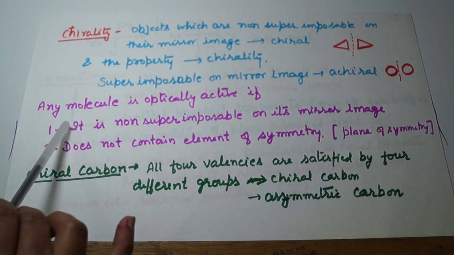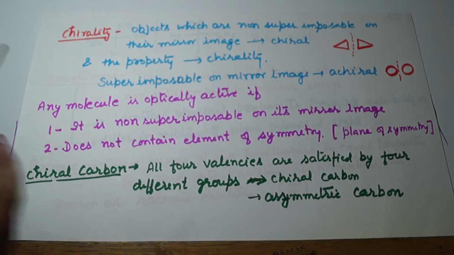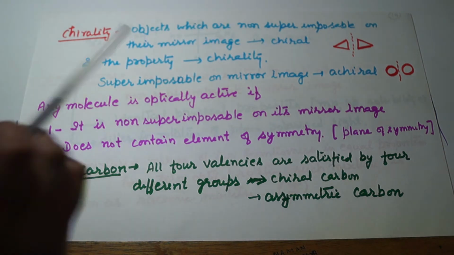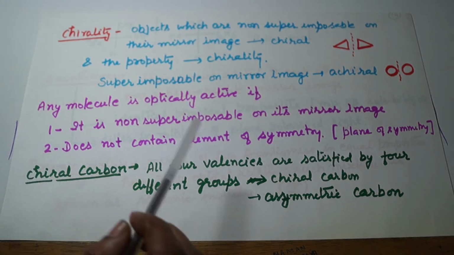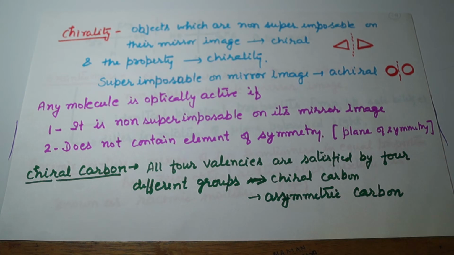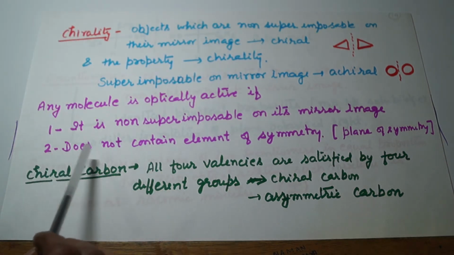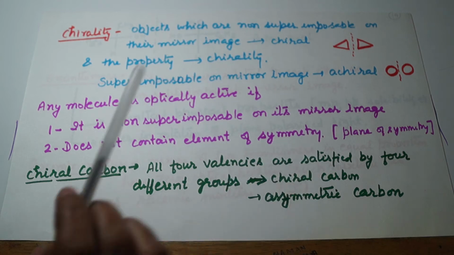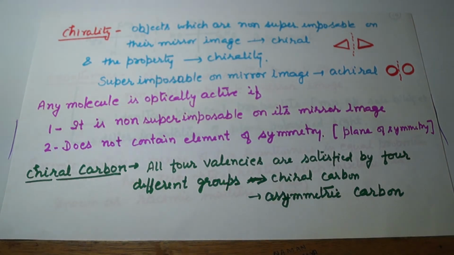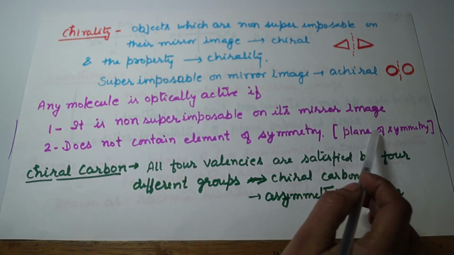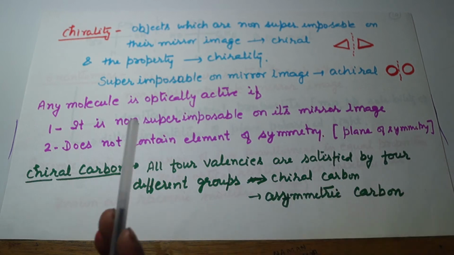It is very important that any molecule, if it is optically active, will never superimpose on its mirror image. Point number 1. And point number 2, it should not contain an element of symmetry. Or in simple language, you cannot cut it into 2 equal halves. I have already written here, plane of symmetry means by any plane you cannot divide it into 2 equal